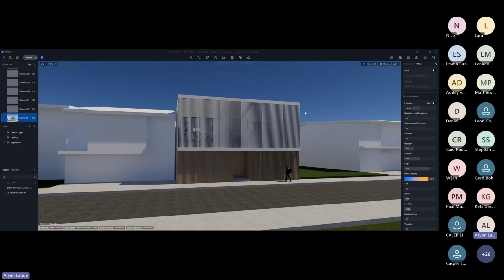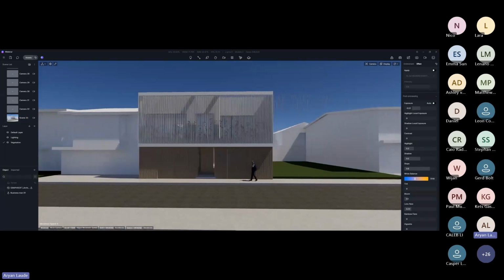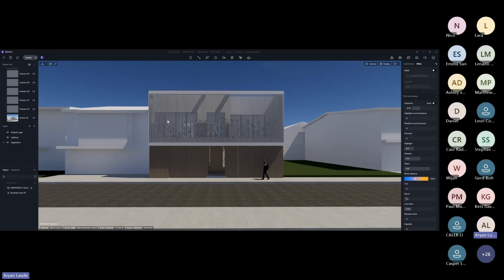So with this, let us now proceed to the AI workflow and also the AI features inside D5 Render, and how we can easily create a beautiful render inside D5. The first part is the scene setup. What I like to do is assign and align my camera position. With my camera position, I'll create a new scene, which will be scene 34,